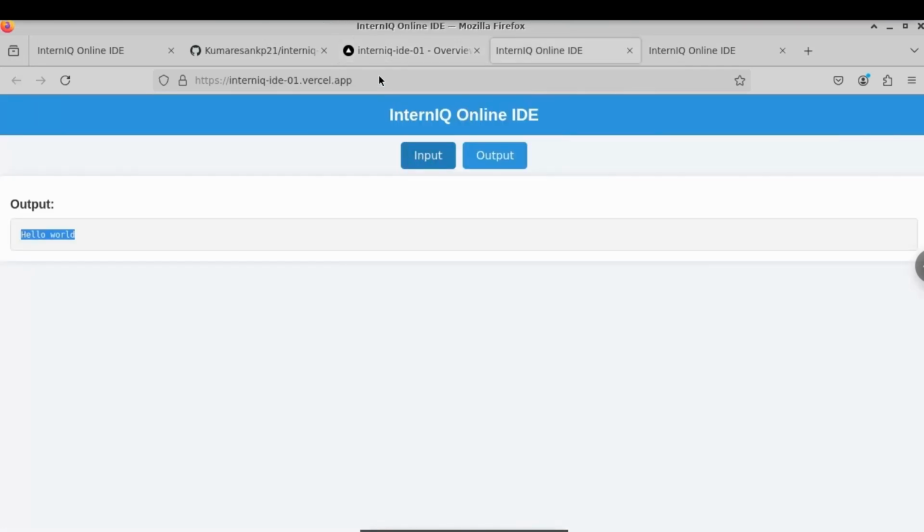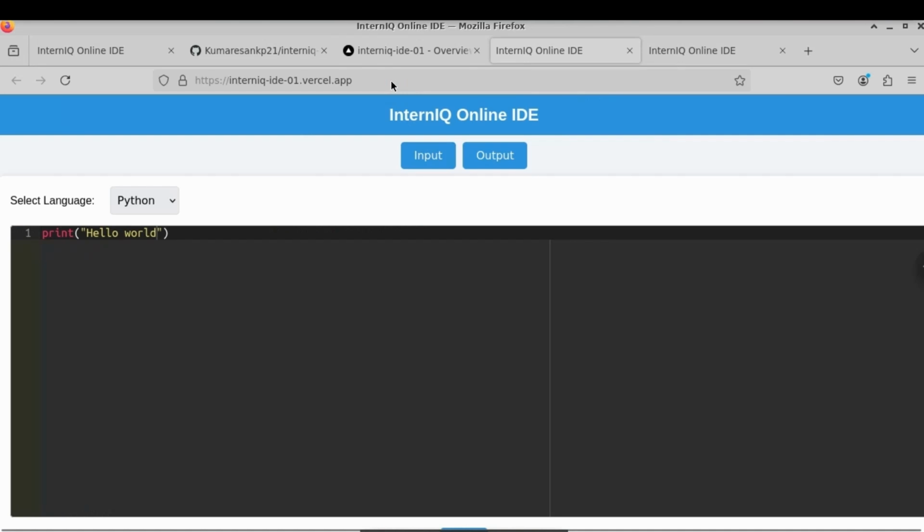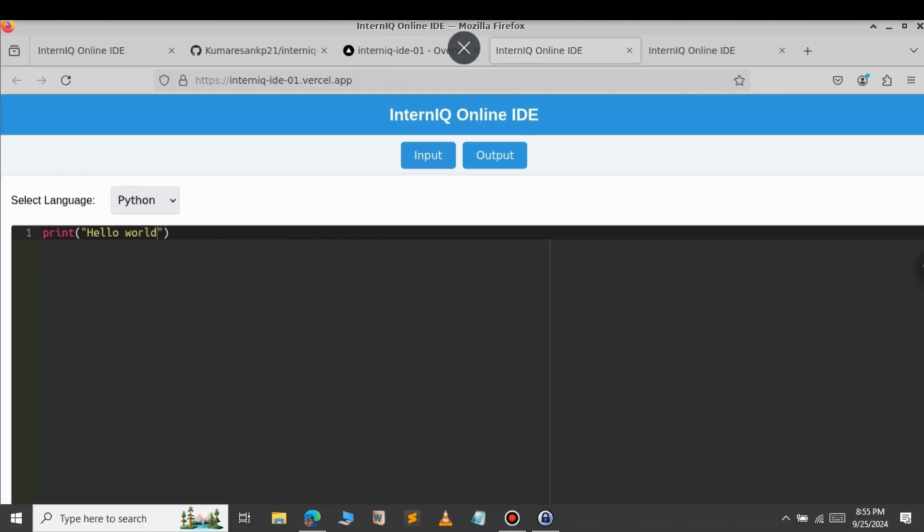If you want the source code of this IDE, I will provide the link in the description. You can check that out. So this is how you deploy a Flask application on Vercel, and I will continue in the next